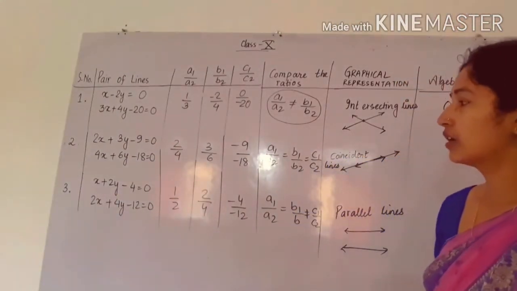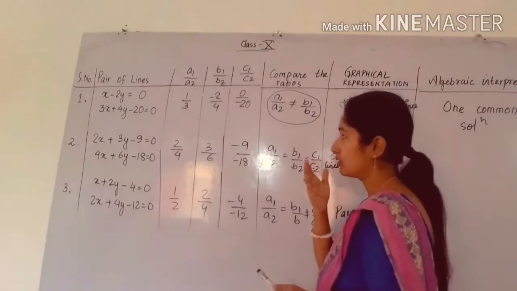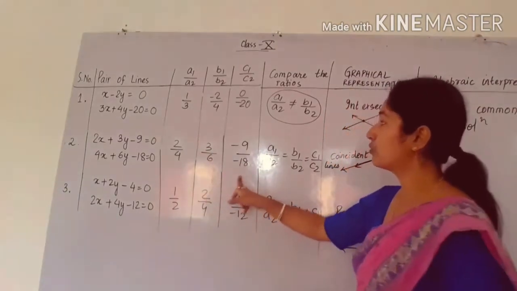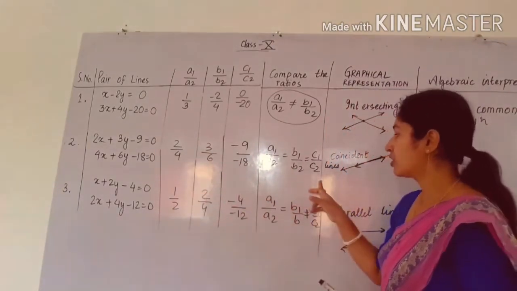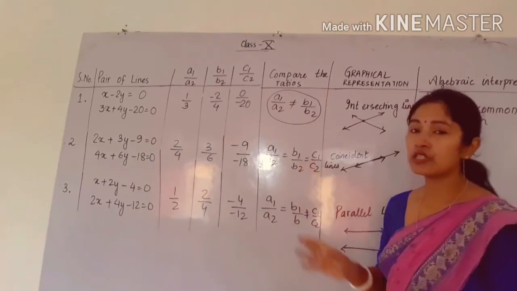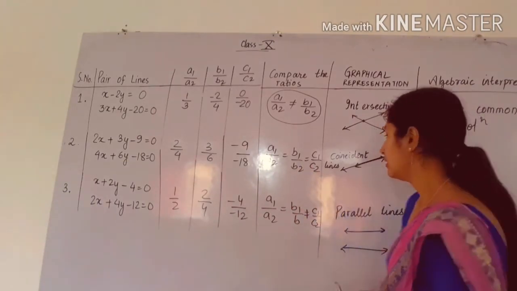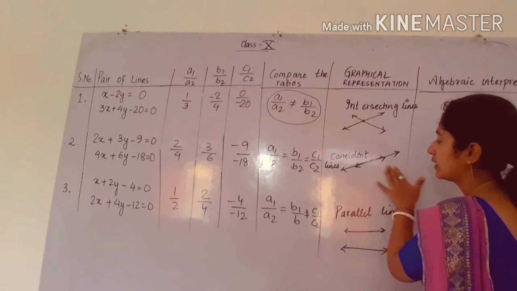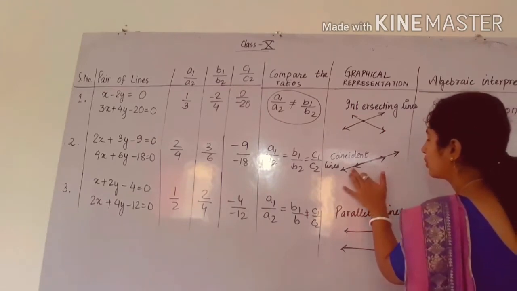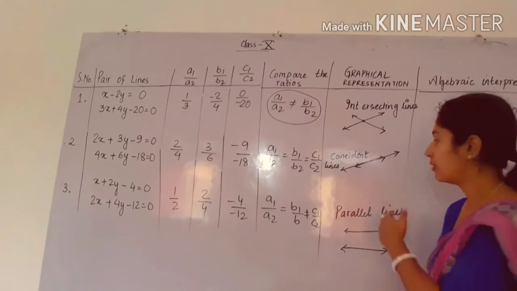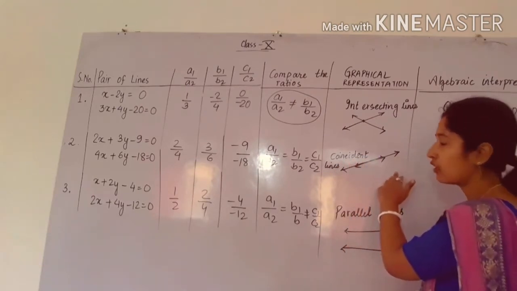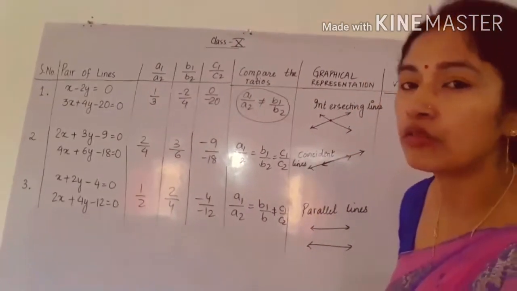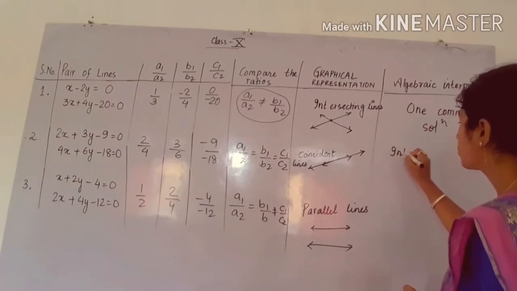The second condition is, again I have taken 2 equations. Similarly here you have to find the ratios, that is a1 by a2, b1 by b2, c1 by c2. Again you have to see, if the 3 ratios are equal, then the lines will be what? Coincident lines. And you know the coincident lines will go like this, meaning the common solutions of the 2 lines are infinitely many, because one line goes above the other line, therefore there will be infinitely many common solutions. So in algebraic representation we will write infinitely many solutions.